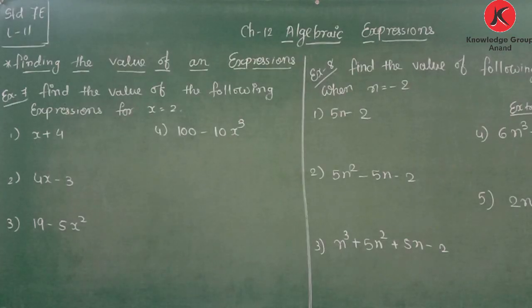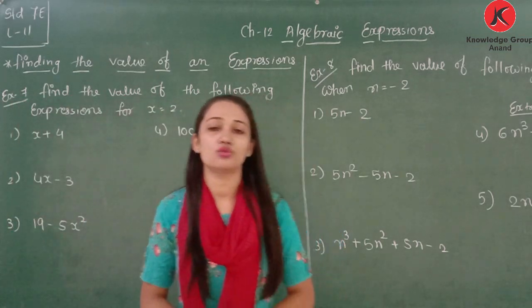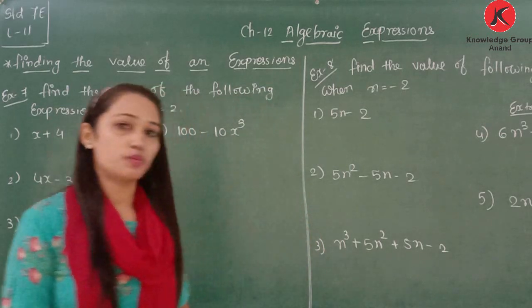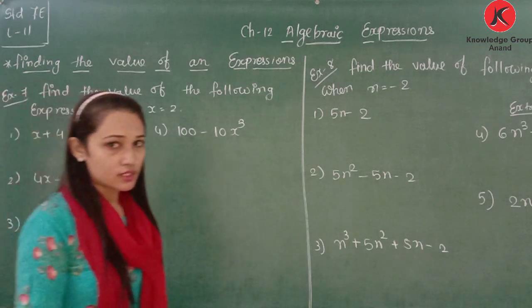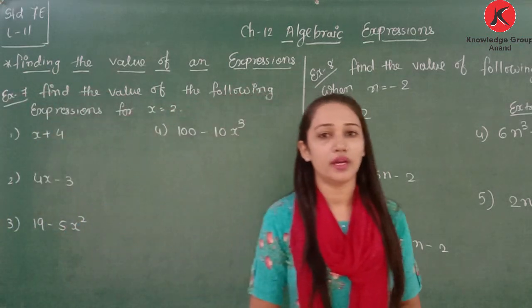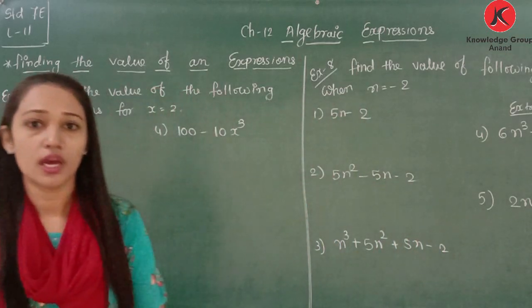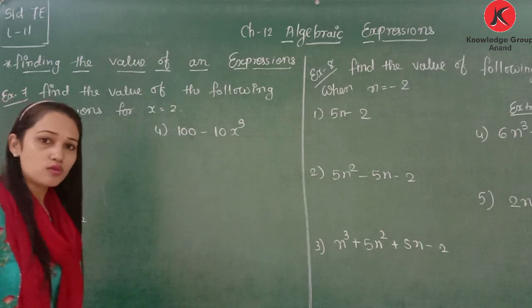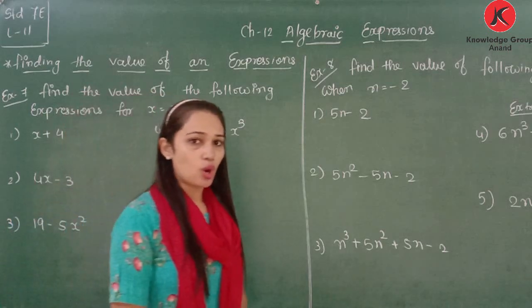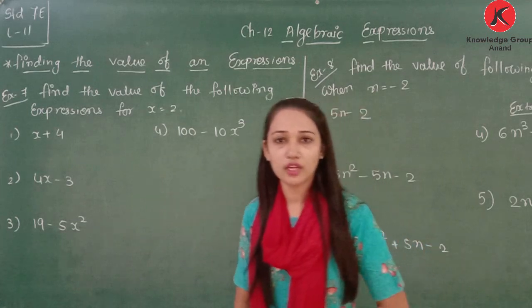Good morning, friends. Previously, in chapter number 12, algebraic expression, we learned some extra examples in which we need to solve the algebraic expression in simplified form. And we learned the concept of brackets, how we can solve the examples that are given in a bracket. At that time, you need to solve the inner bracket first. And how can we solve the inner bracket? If there is a negative sign outside the bracket, you need to change all signs of terms inside the bracket. That you need to remember.